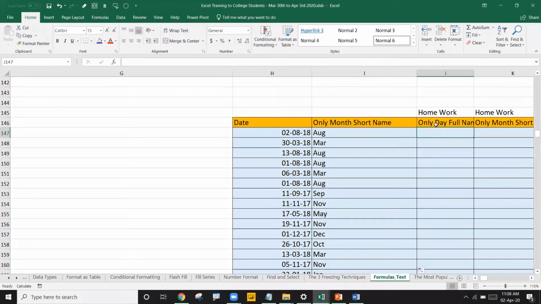If you want to get only the day full name, you write the same formula, but this time instead of MMM, you write DDDD. For the day full name, instead of 3 Ds, you need to give 4 Ds, correct?